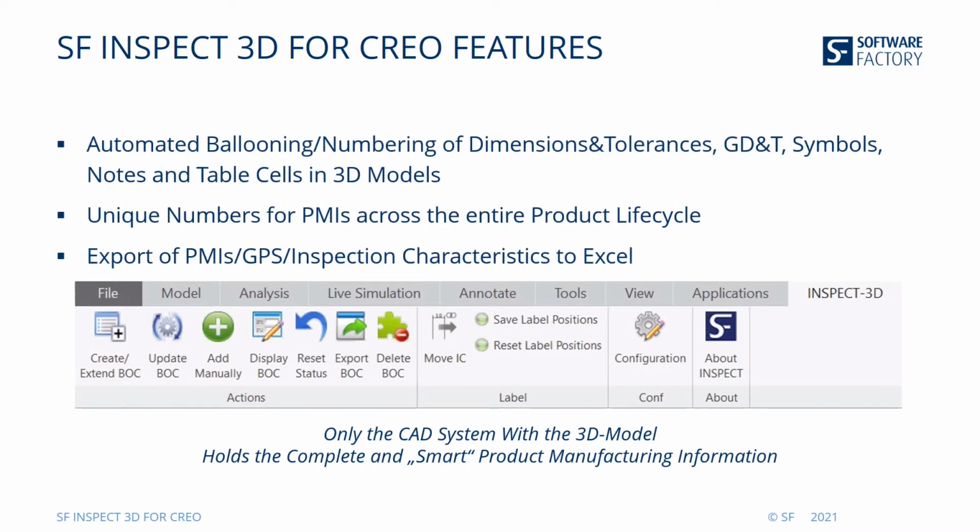SF-Inspect3D for Creo is fully integrated into Creo and can be accessed using the Ribbon UI, from where you can start by automatically stamping. If you have to make adjustments to your model which affect your characteristics, Inspect3D can update your characteristics at the push of a button. Furthermore, you can add criticality classes to your characteristics, and finally, you can export the generated characteristics data in various file formats for your downstream processes with only one additional mouse click.